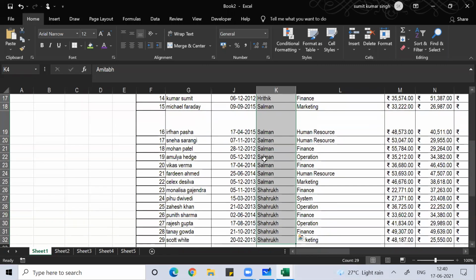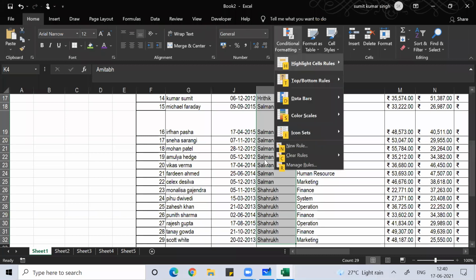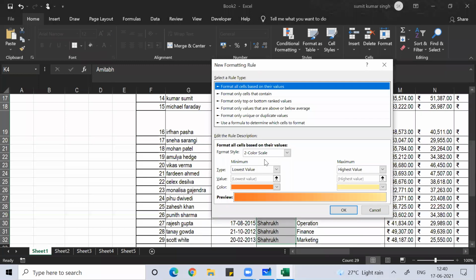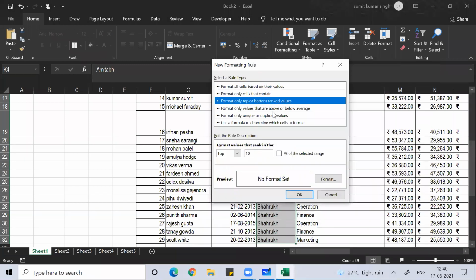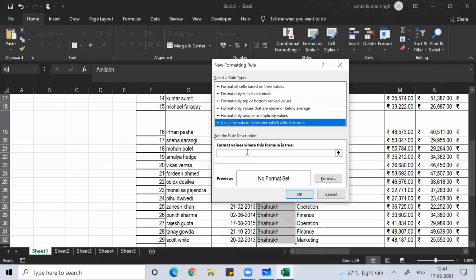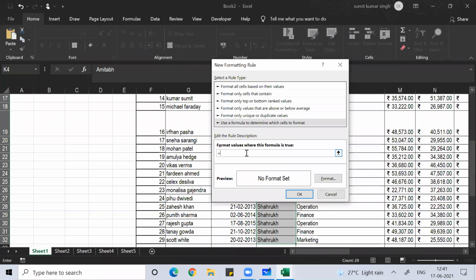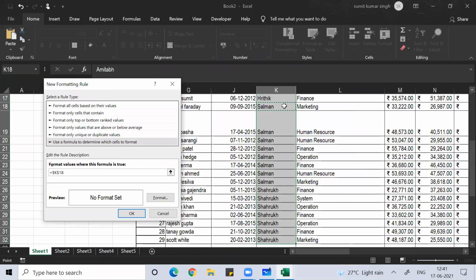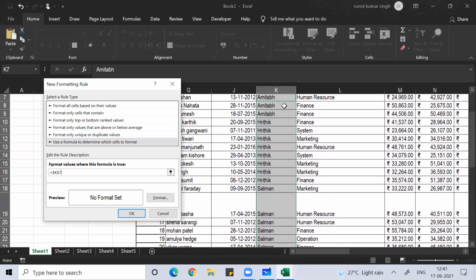I'll select this range. Then conditional formatting, Alt HLN for new rule. Then you can use the downward key, use formula equal to. I just want the name to get highlighted.